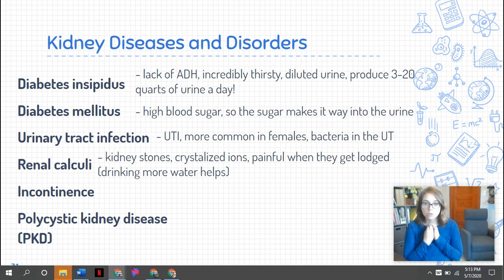And then the only way to get that stone out is for it to pass through the urinary tract, which it'll go down from the kidney to the bladder through the ureter,